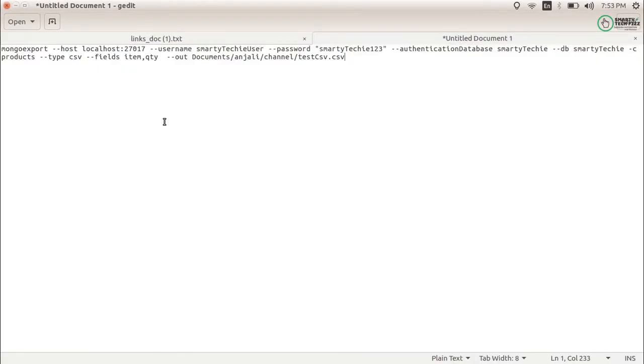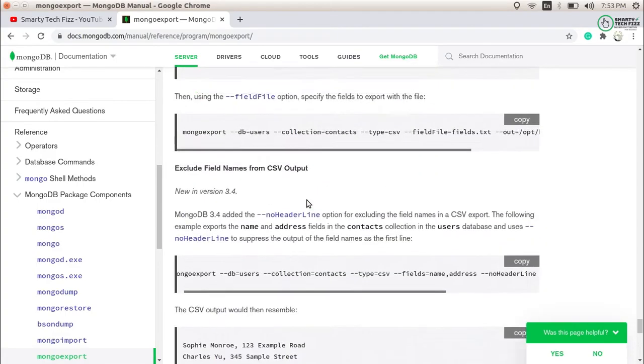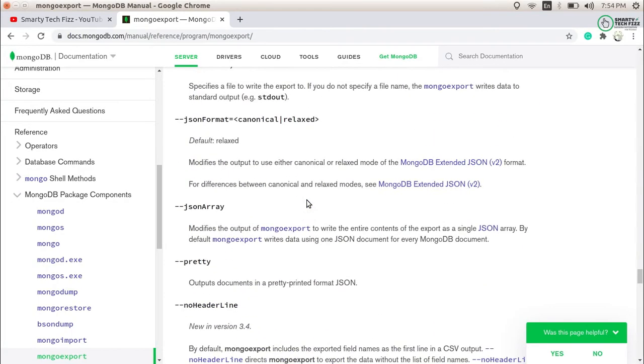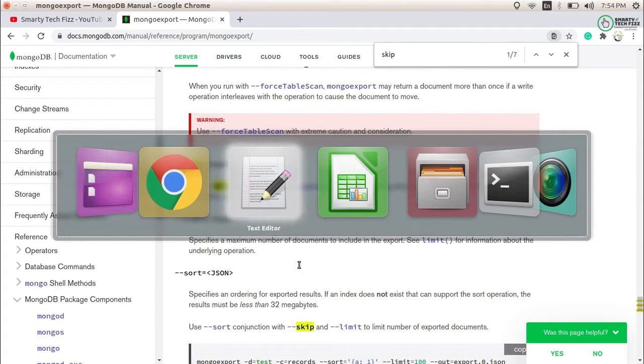Now let's see the other options we have in our export command. You can see the options that we have already used, and a few options that can be very useful for us, like skip, limit, sort and query. Query we have already used, but we will use it again.